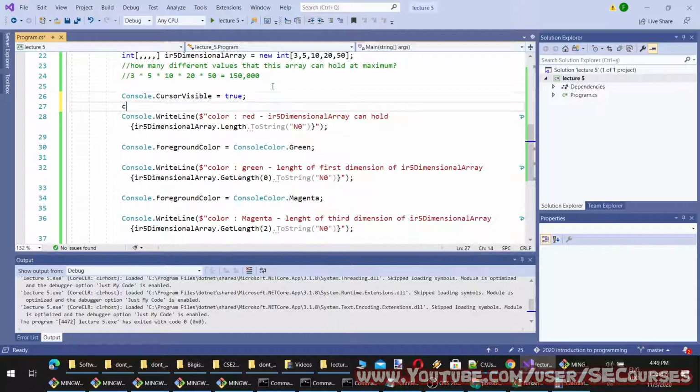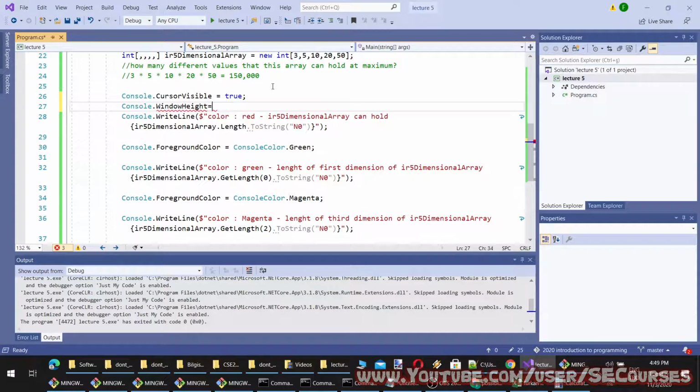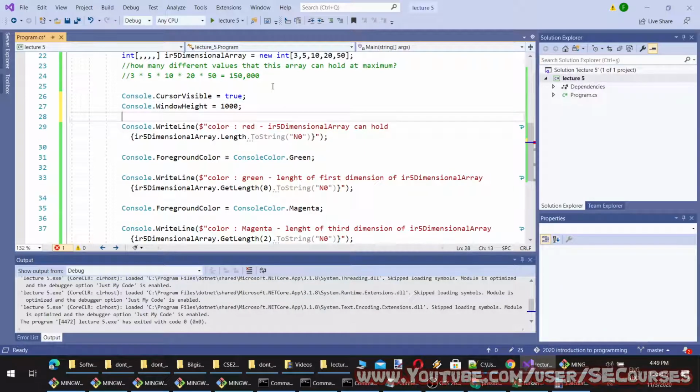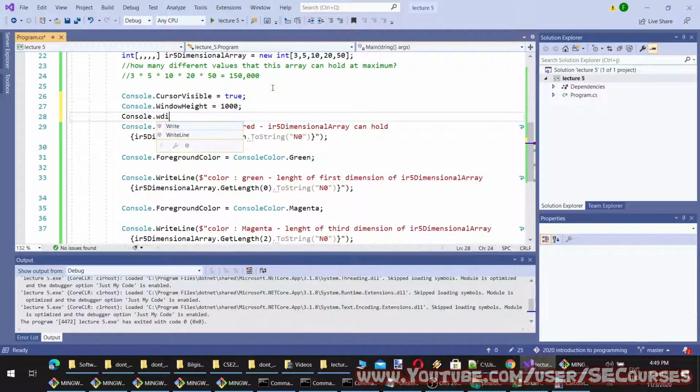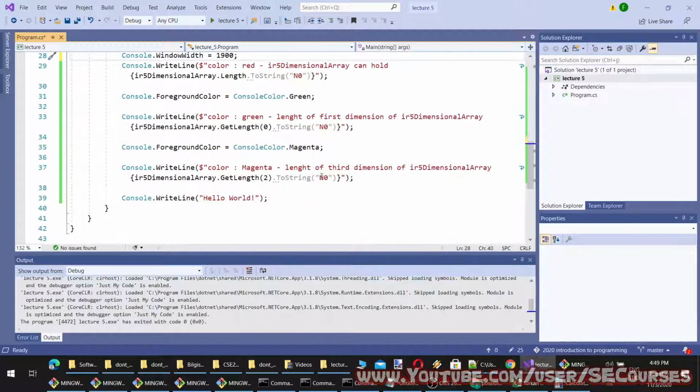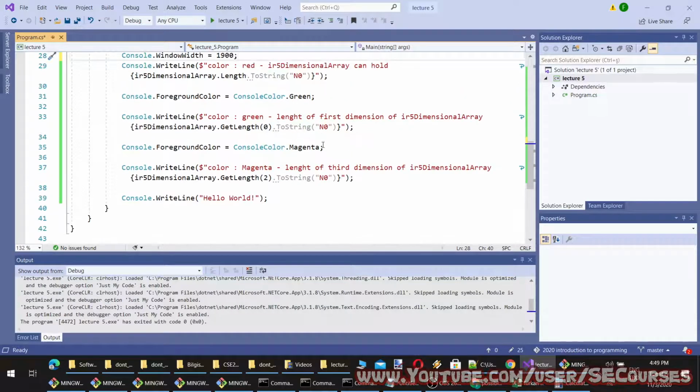We can change the, I think, console height, and okay, there is window height and window width. I'm going to make the height 1000 and width 190, and let's make it another thing. Another dimension.